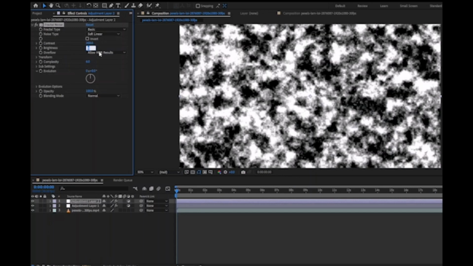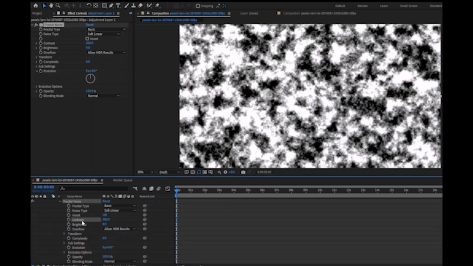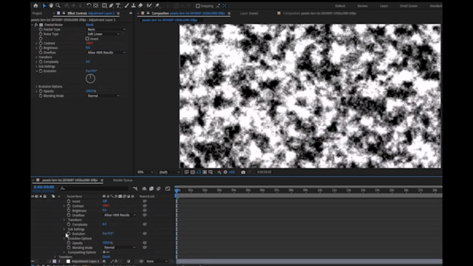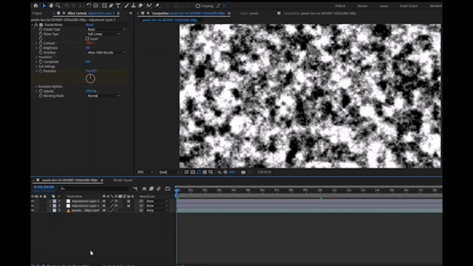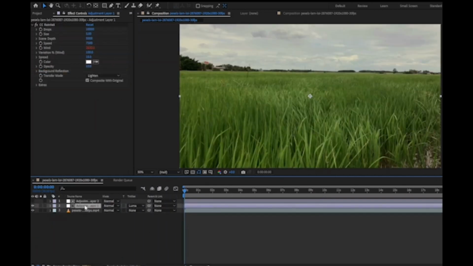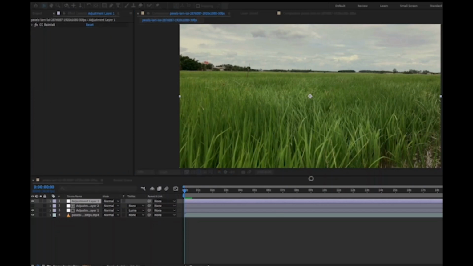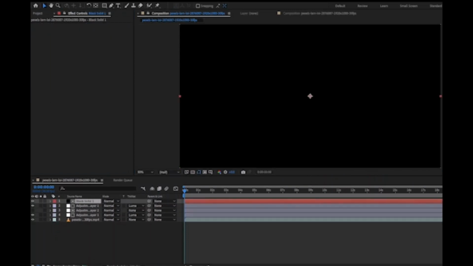noise, make the noise type linear, go to contrast, make it 300, go to brightness, make it 9, alt click on contrast, type wiggle, type 10 by 100. Go to evolution, animate from 0 to 10 seconds, first number being 5. Go to track map, luma to adjustment layer. Duplicate that layer and decrease the drops on it to 5,000. Make the size 3. Make the speed 5,000, make the spread 22.3,